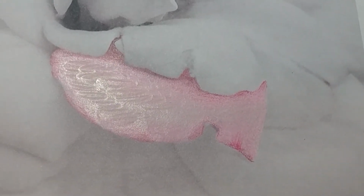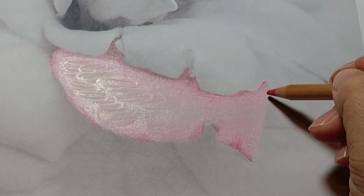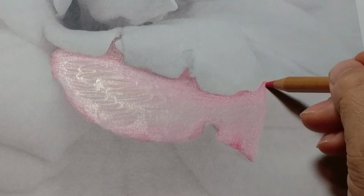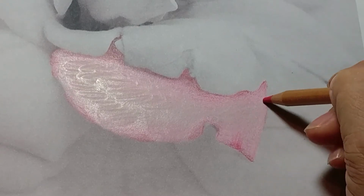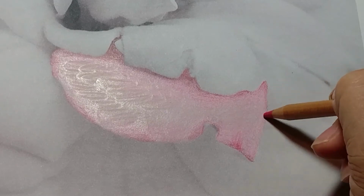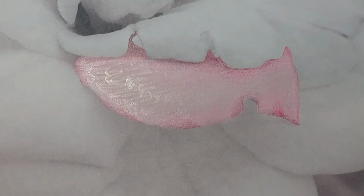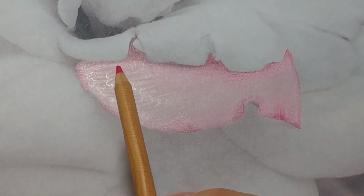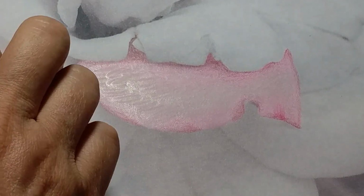And you get that in roses, okay? Now this is folded around a little bit, so I'm just going to come down here ever so slightly down that edge. But I don't want to get that very dark at all. Okay? So, and I know you can see all of this. That is called the bloom. And that is where the